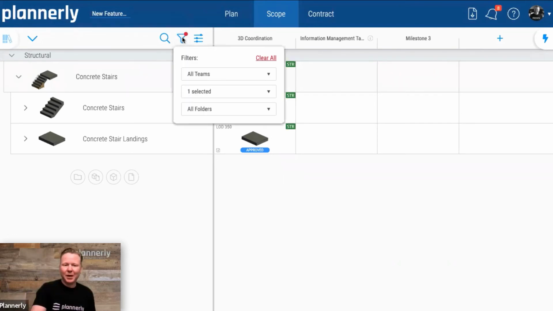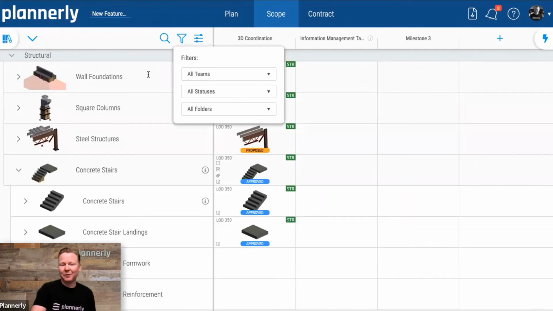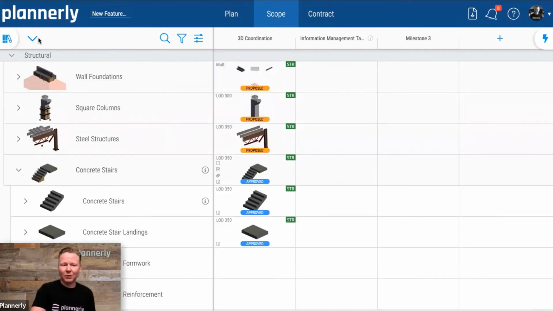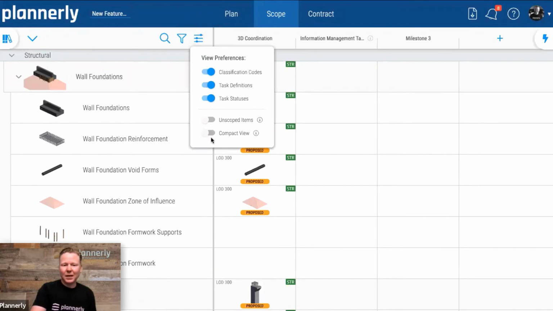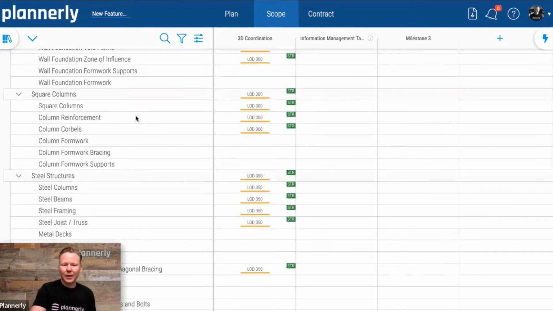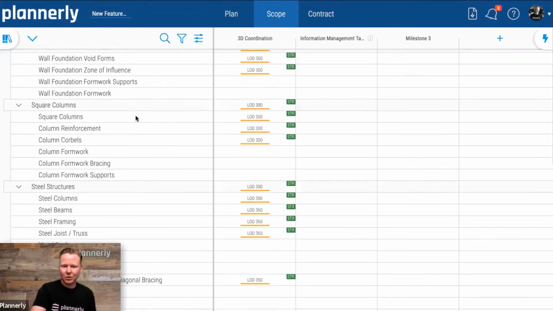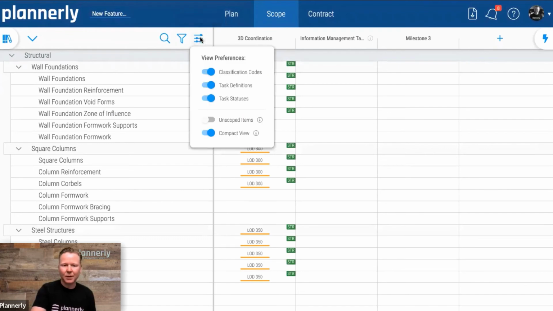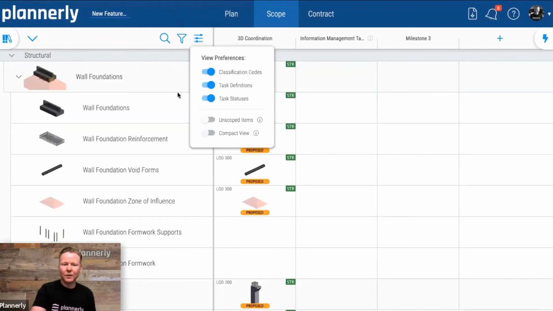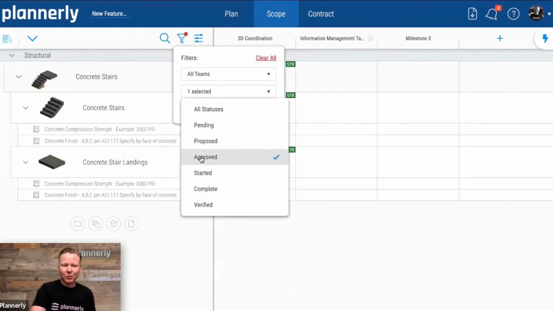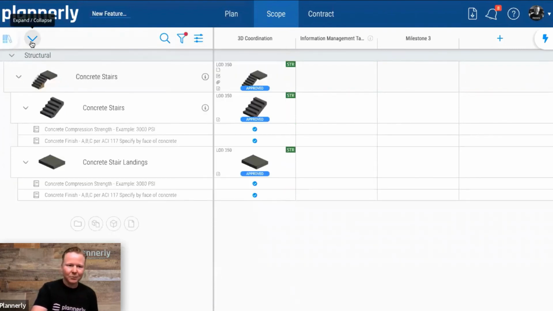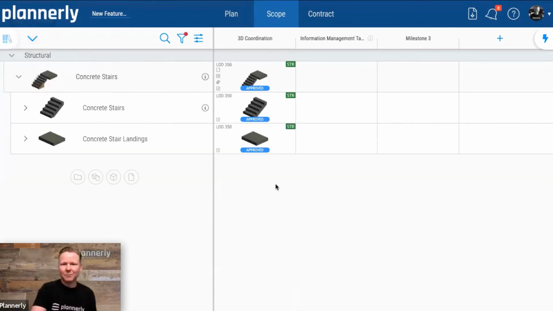Yep. The other part to this I should have done before we had the filters on is that sometimes we've got a long list of content. So if I was to open all of this content up, one of the new features is to be able to see it in a compact view. That compact view allows us to roll it all up and see a lot more on the page at the same time, so that you're able to manage a lot more content at the same time. So that's a pretty cool way of visualizing a lot more of that content. And let me go back to just the approved content and also roll up to the elements.